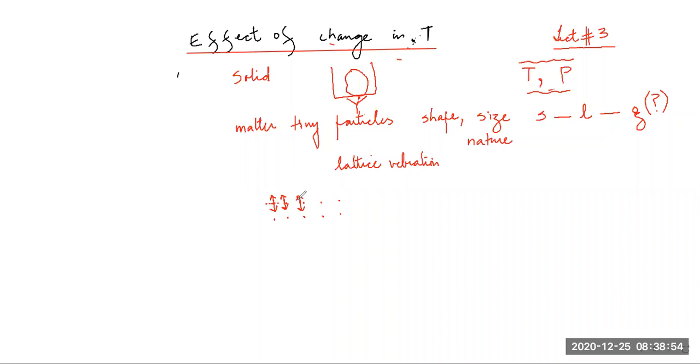Now, when the solid is heated, the kinetic energy of these particles increases. Kinetic energy is half m v square. When the temperature increases, the velocity with which they are vibrating increases. So the kinetic energy increases, and they are vibrating at greater speed. Now the energy supplied by the heat, whatever heat we are supplying to the solid,